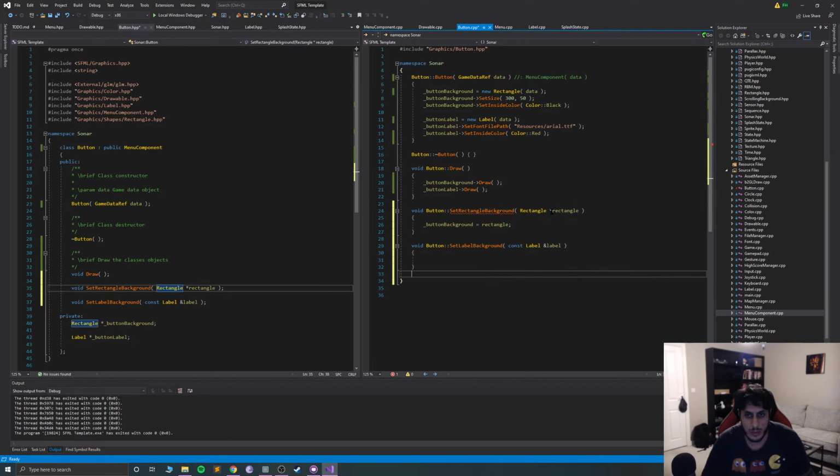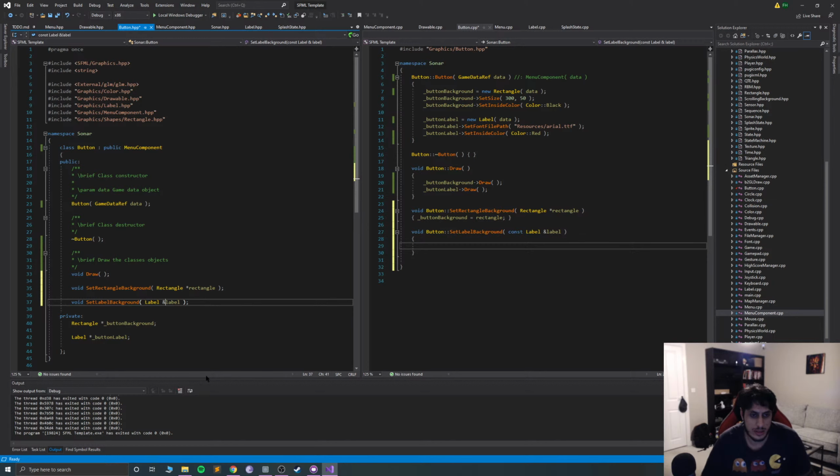Either that or with a reference. Should I have it with that or a reference? I mean, that should be fine, to be fair. And do something similar with this. Underscore button label equals